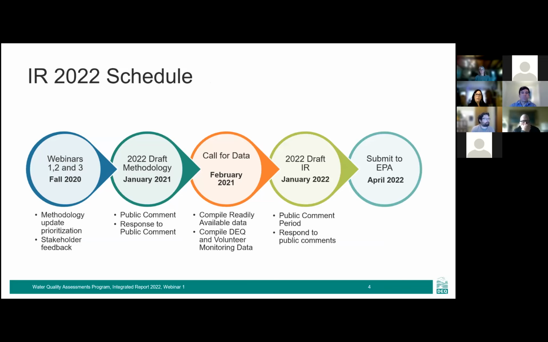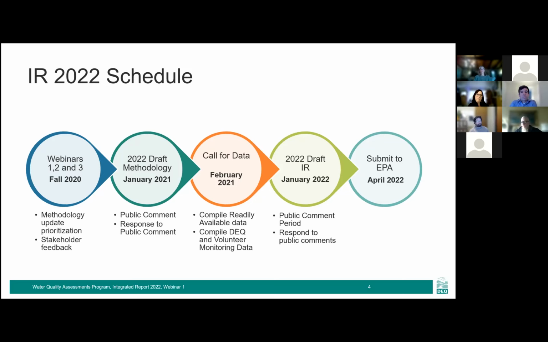So where are we currently in this process? Just a review of where we've been for this 2022 cycle. In the fall of 2020, our integrated report team presented 3 webinars to the public. These webinars outlined our methodology updates and some prioritization in how we were going to be improving the process for 2022.